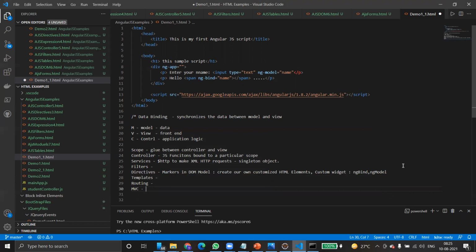The concept behind MVC is we can have one model, one view, but multiple controllers. It's basically a design pattern where we divide the application into 3 parts: model, view, and controller.